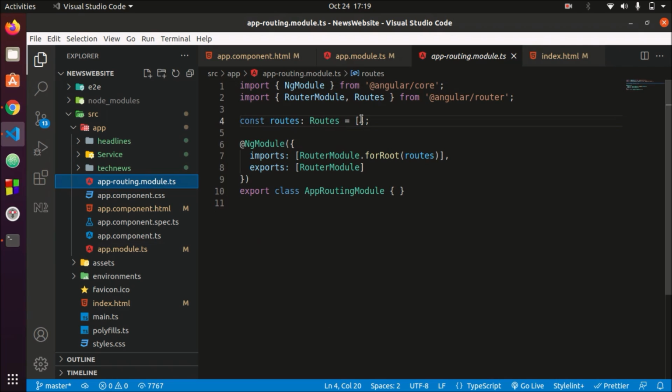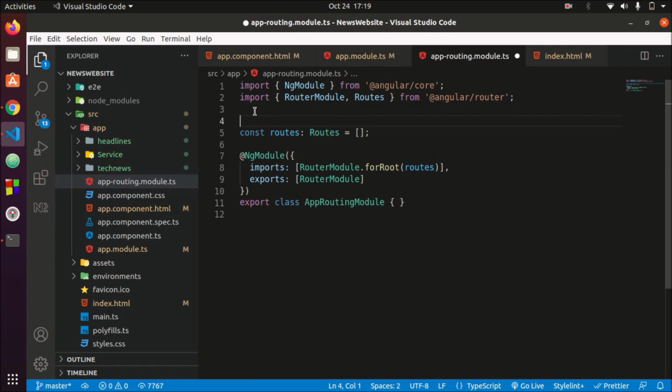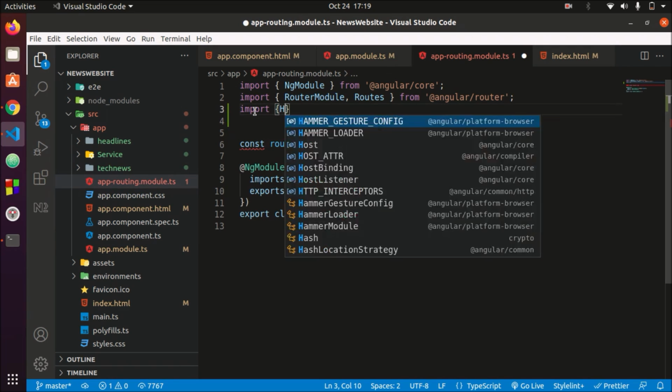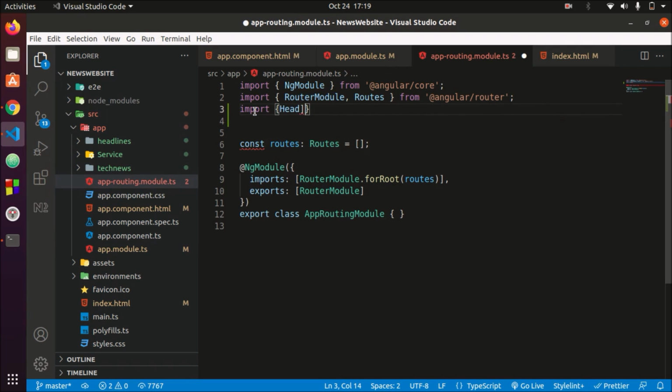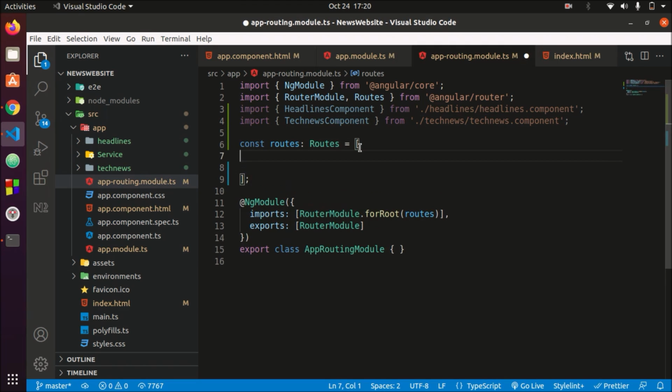So let's do one thing, import headlines component which we have created, and also import tech news component. So we have imported these two components. Let's define the routes.